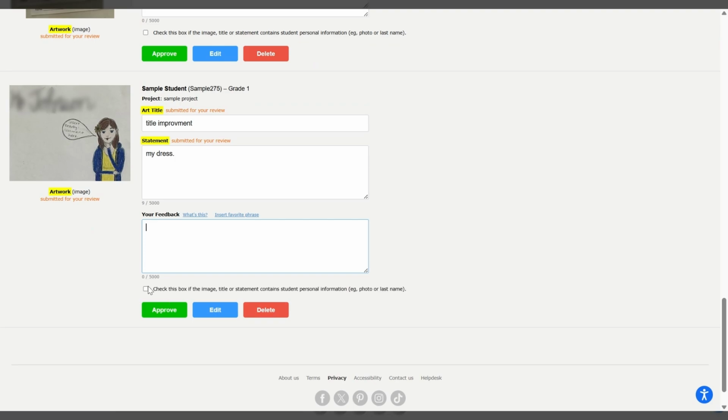An important box here is: check this box if the image, title, or statement contains student personal information, as in a photo or last name. So I blurred out the last name so I wouldn't technically have to worry about this. But if there's an artwork that I don't think should be public for one reason or another, maybe there's video game violence or something like that in it, and I'm not necessarily wanting to show that off in my particular classroom,